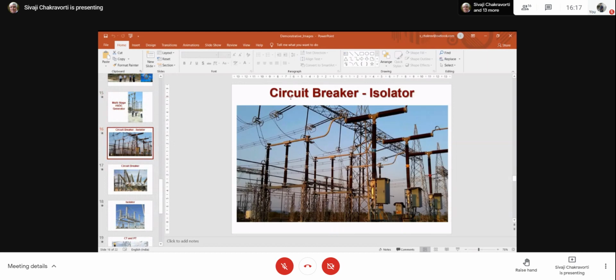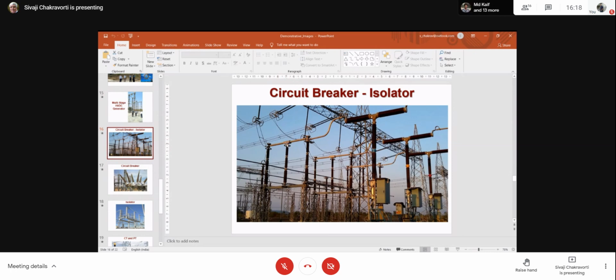Just some of the things I would like to show you: circuit breaker and isolator arrangement. I think you know that circuit breakers are always used with isolators. Now here, this one is the circuit breaker, this brown T. And this one here on the left side, this horizontal arm, is the isolator. Actually, this is called a double break type isolator. That means there are two arms, one on the right, one on the left. They rotate when they want to open, by 90 degrees, one in the anti-clockwise direction, the other in the clockwise direction. Then this isolator will be open.